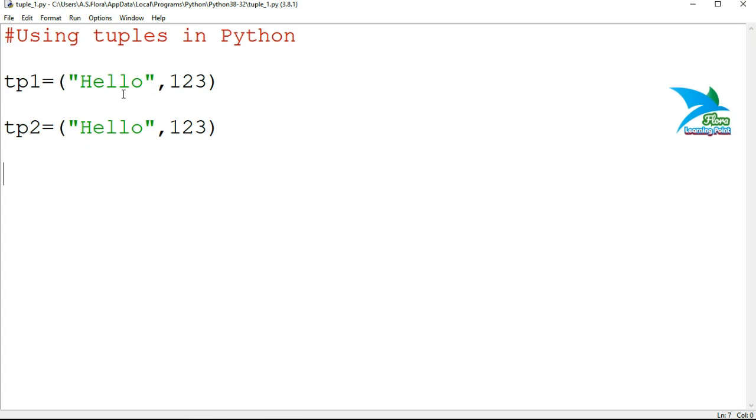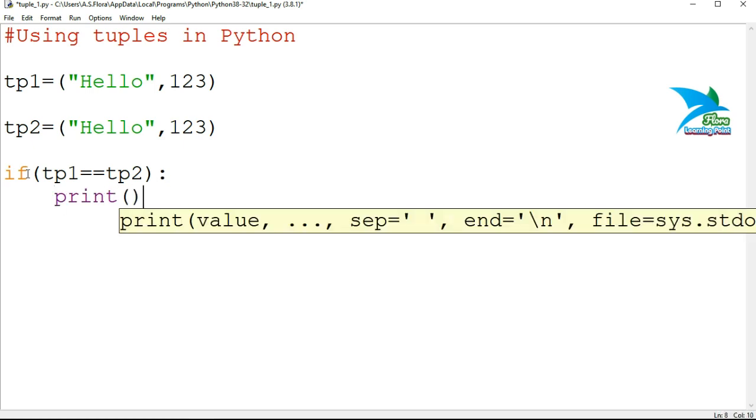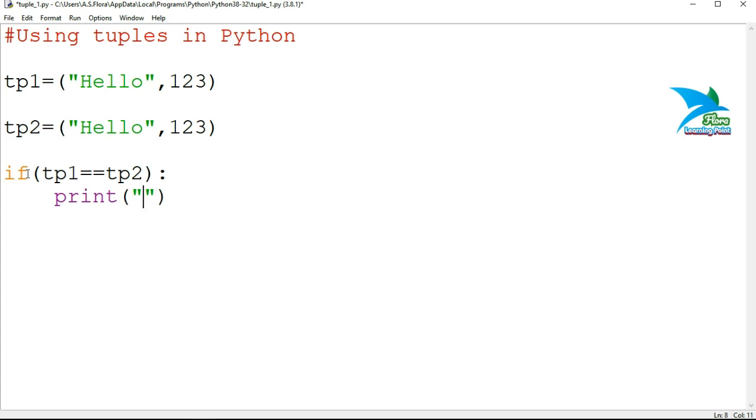So let's demonstrate how to compare two different tuples. Presently we have two tuples. One contains two elements, hello and 123. The second tuple also contains two elements, hello and 123. I'm going to compare them, because comparison is a logical operation, so it will return true or false. You can also compare inside an if condition. So I'll compare tp1 equal to tp2,